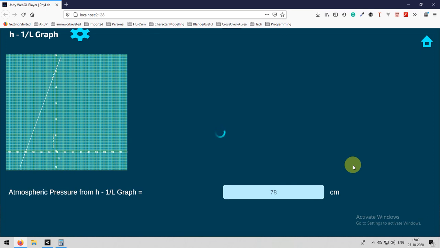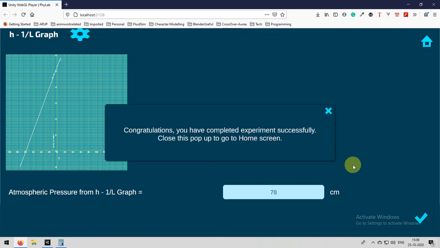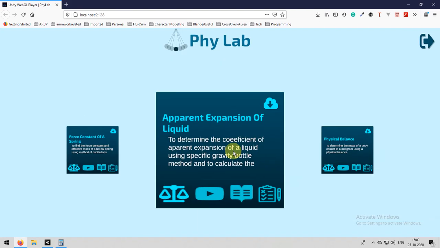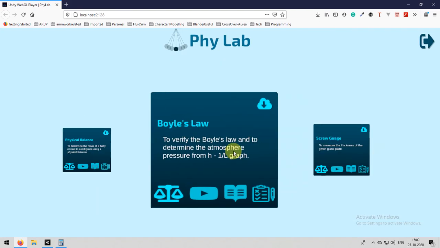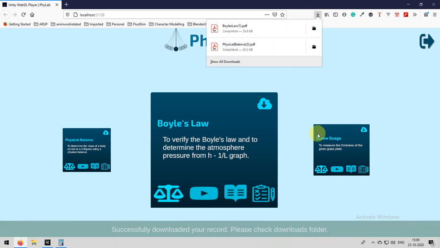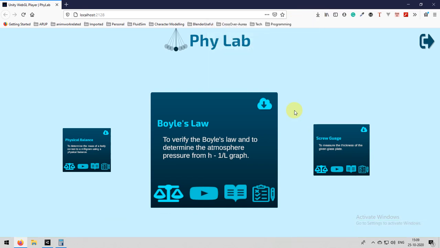It will upload all your data. First it will validate all your data and then it will upload all your data to the server if it is a successful experiment. And then you will get a congratulations message. Close this and go to our Boyle's law card on the home page and click on the download button on the top right corner of the card. It will prepare a PDF report for you and then it will download so that you can use it and showcase to your teacher that you did